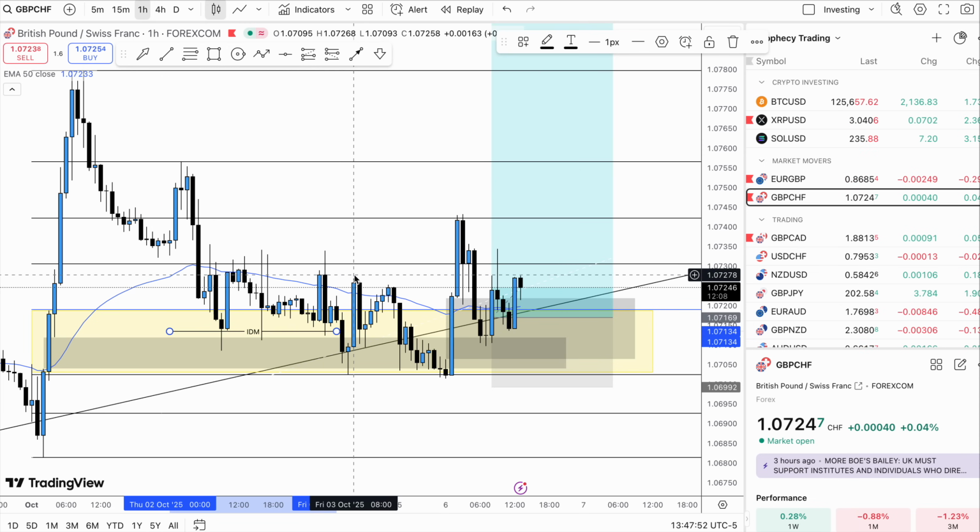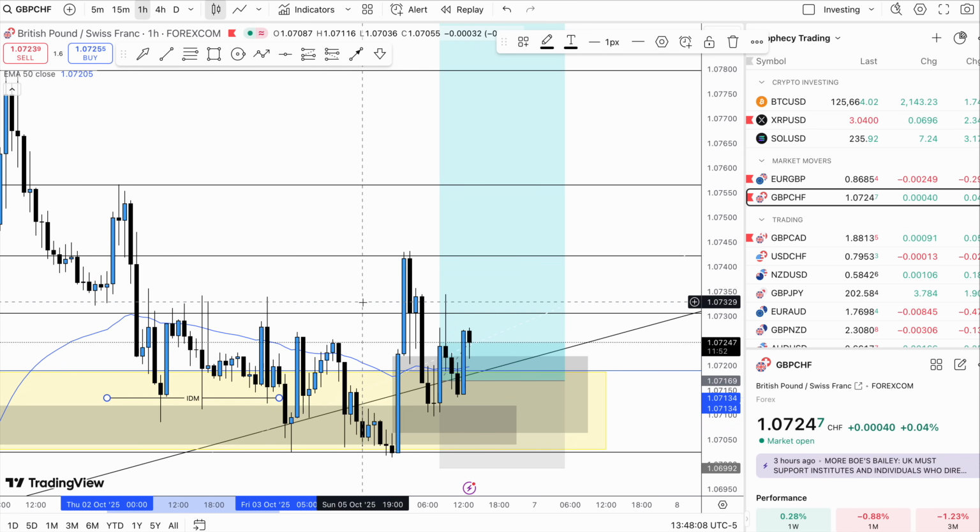So that gave me another confirmation of why this is a good setup. I didn't get in over here at this area, but just because you see a setup and you may miss that first initial signal doesn't mean you can't get into the trade if there's some type of variation of a pullback. So what I did was I actually,